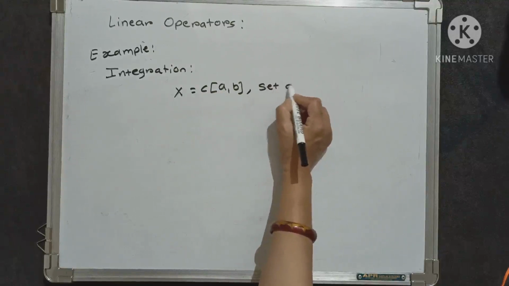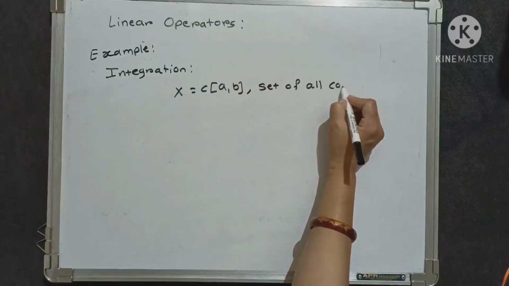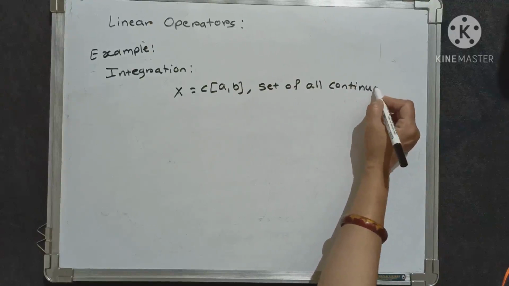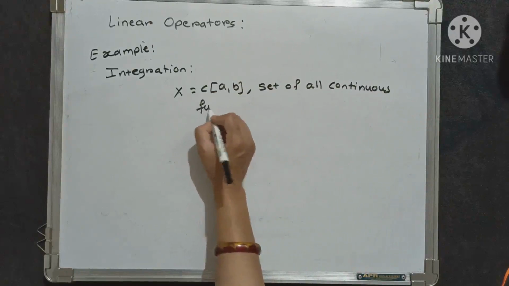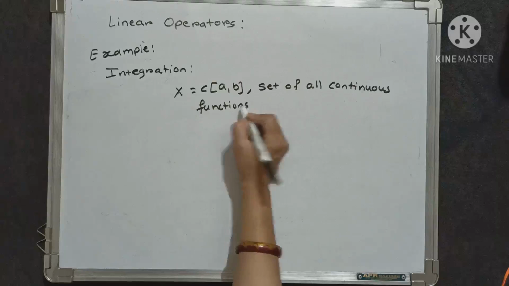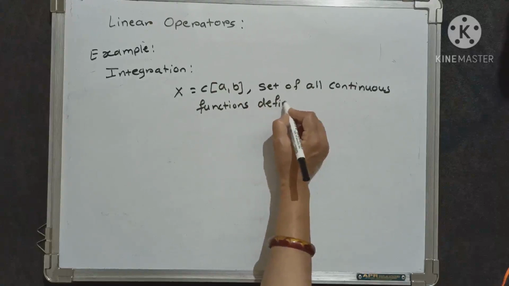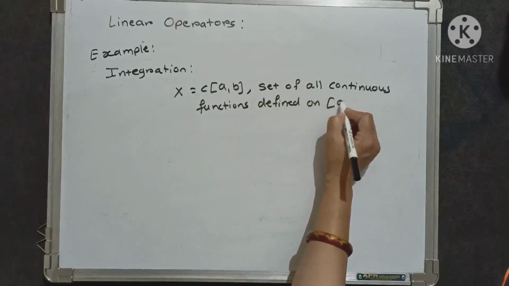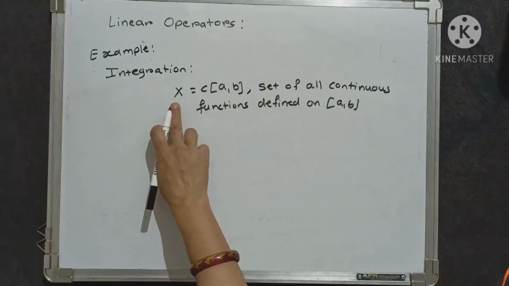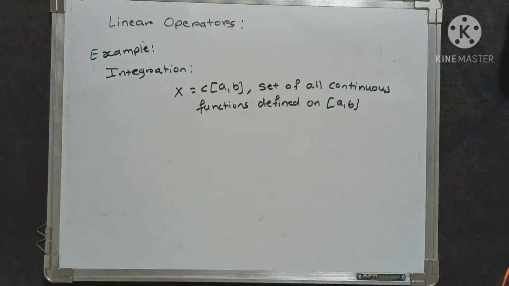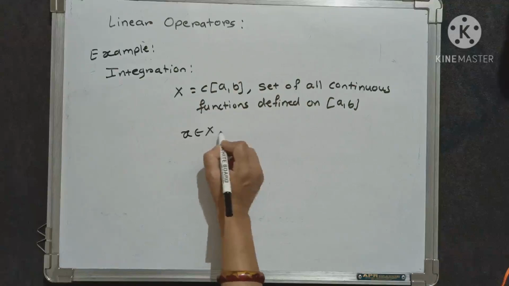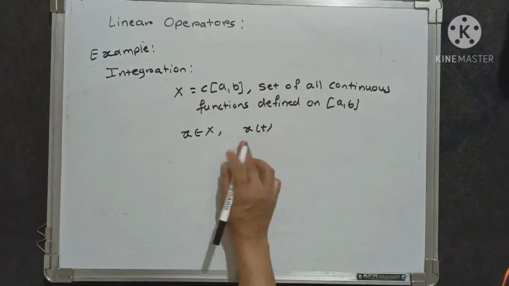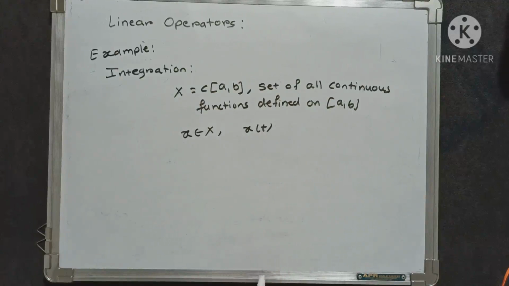It is the set of all continuous functions defined on the closed interval [a, b]. X is the set of all continuous functions defined on the closed interval [a, b]. Then for any x belonging to capital X, we get x(t), where t is an element of the closed interval [a, b]. Now on this space we define the operator capital T